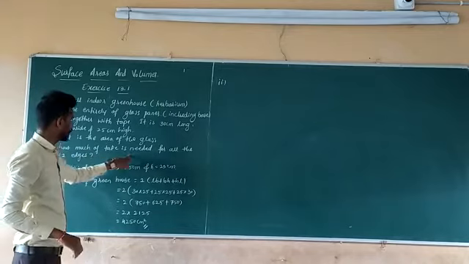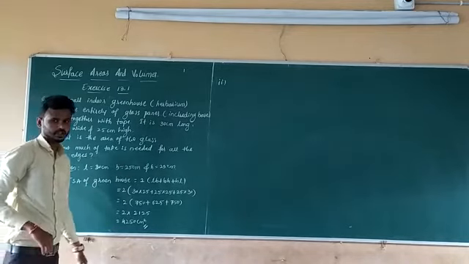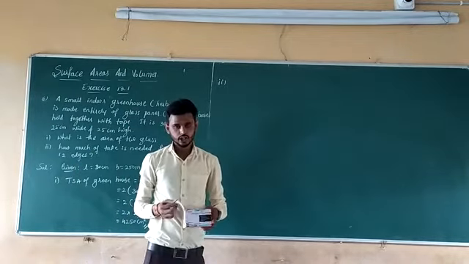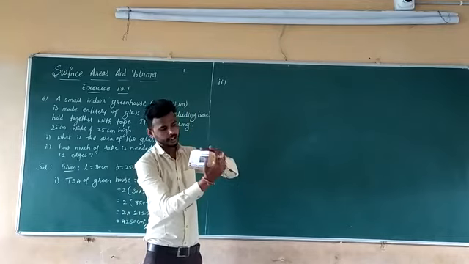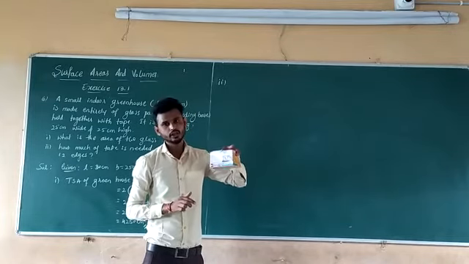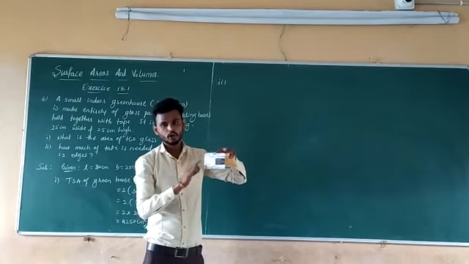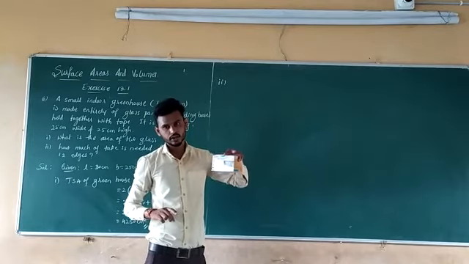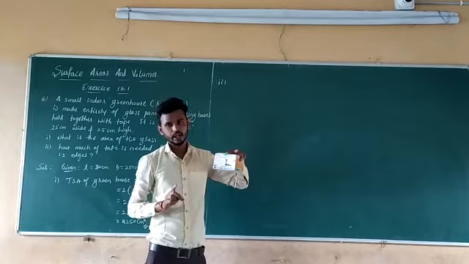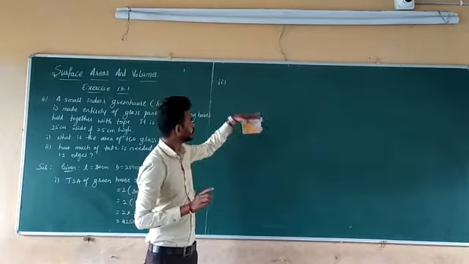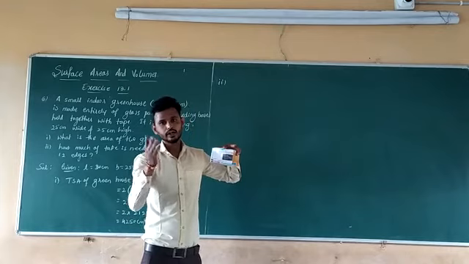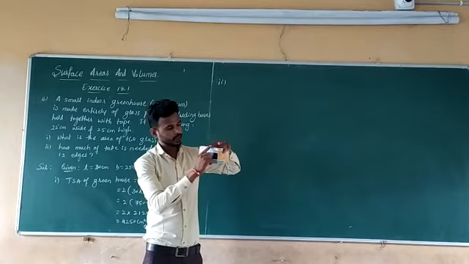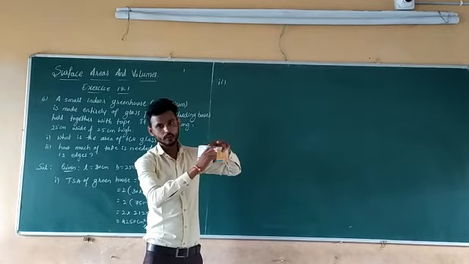Next, second one. How much tape is needed for all the 12 edges? You know that a cuboid has 12 edges. So for joining all these six faces, what do we use? Insulation tape. Now how to find the length of insulation tape used? Here it is 12 edges, so the length of 12 edges we need to find. But all 12 edges are not the same. Here in this it is length, then the opposite side is also length. So how many lengths become?